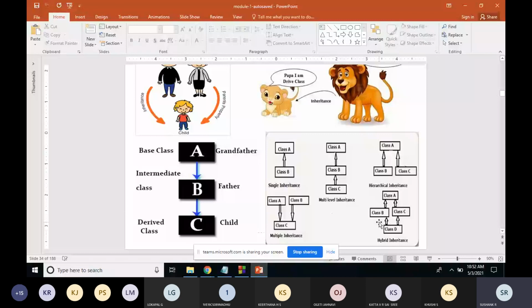I'll check it in the next classes. If you're not able to get this, I'll implement the same thing. If you have any doubt, you can message me regarding the same. So try this example of hybrid inheritance, how you can write it in C++, and let me know.